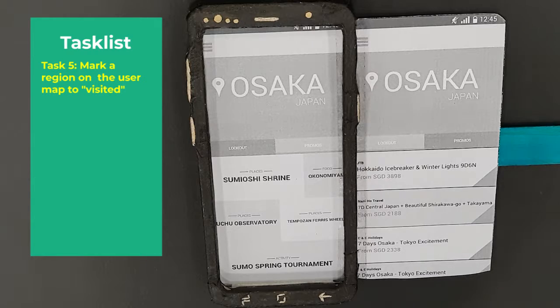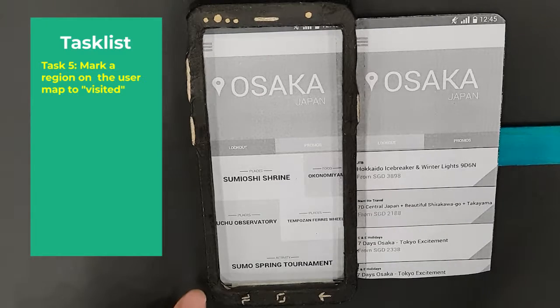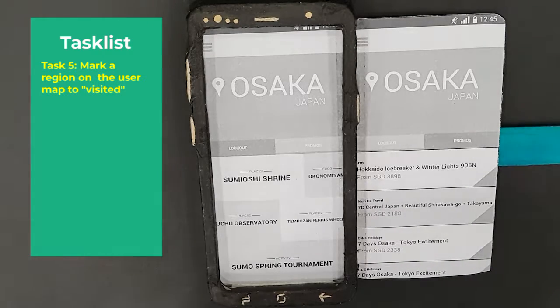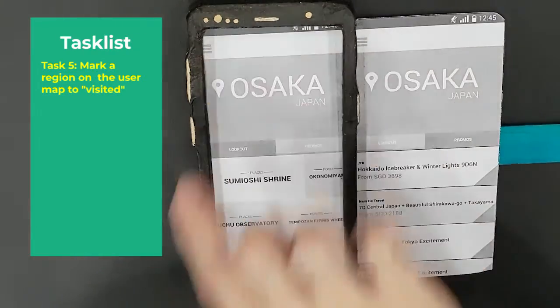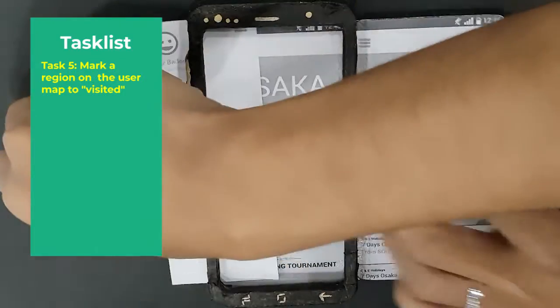The difficulty you're facing, is it because you don't understand the task list? Is it the wording or what? Okay, if you want to mark something as visited, more or less there should be a button or something that allows you to do so, but from the looks of the page, there doesn't seem to be any way of doing so. Do you want to prompt a bit further, or do you want to stop? Or continue trying also? Okay, I will try to tap on these three lines,